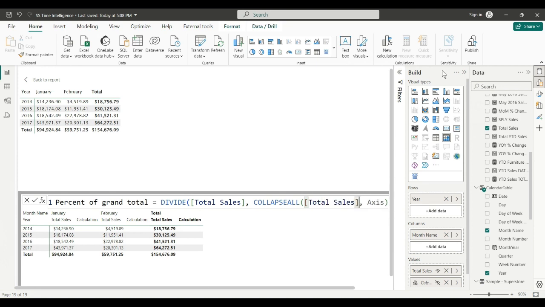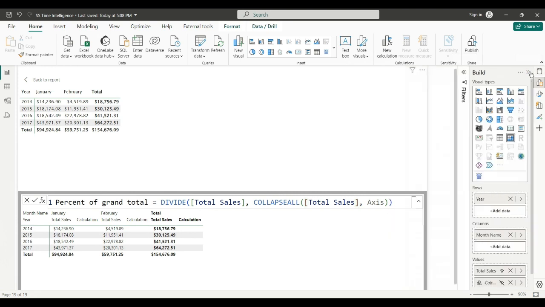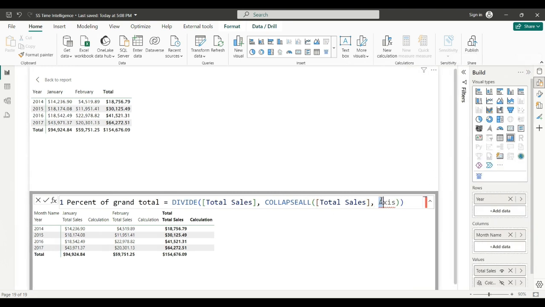This time the axis is going to be, let's hide my data pane, columns. And you'll see that argument come up. Columns, going to go across by the columns. So we'll lock that in, commit,